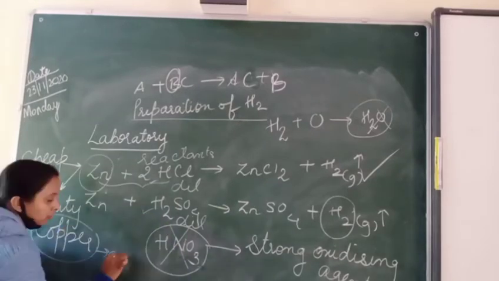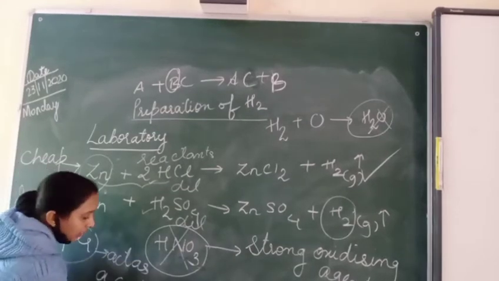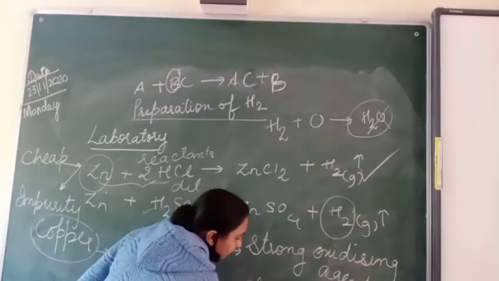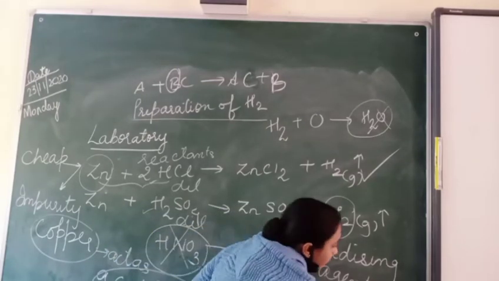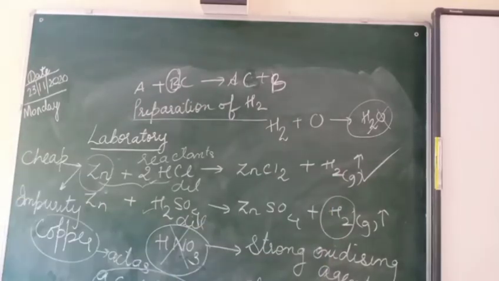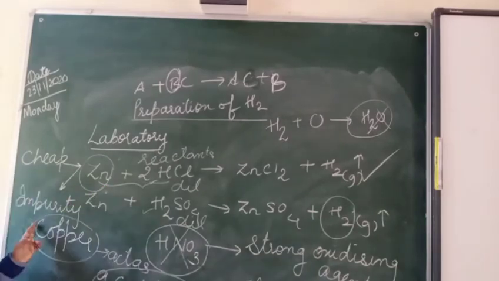Now what is the work of a catalyst? A catalyst only speeds up the reaction, and it does not react anywhere in the reaction. Are you getting? The purpose of a catalyst is that it only speeds up the reaction. It does not react anywhere. See the condition. Why is zinc preferred? Cheap and comes with impurity copper. Copper acts as a catalyst. It speeds up the reaction and does not react.